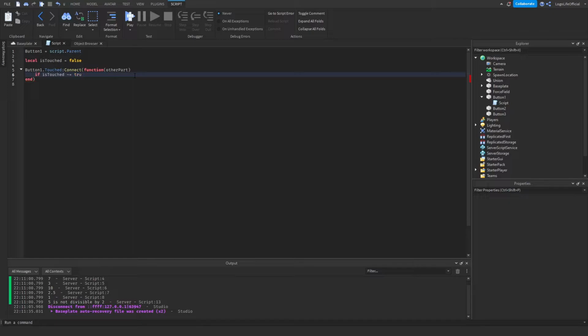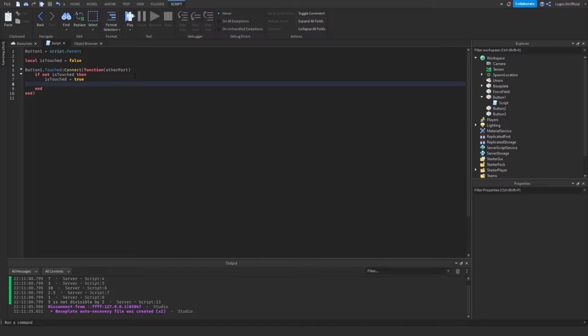We could do if it's equals false. We could do if not is touched. Those are all equivalent. So I'm just gonna go ahead and do if not is touched, just because I think it looks a little bit cleaner. And then we got ourselves kind of the structure here that we're gonna then set is touched equal to true,